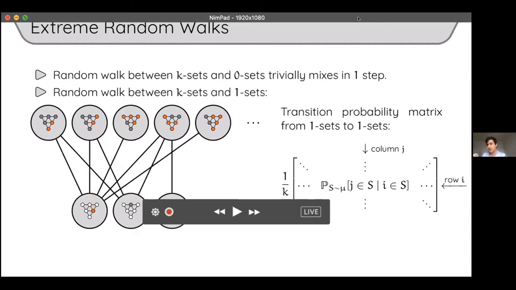And that's described by just an n by n matrix of probability transitions, right? And the entries that show up in it are just the conditional marginals of the distribution. Basically, the probability of transitioning from i to j is just the conditional probability of j being inside a sample of your distribution, given that i is in that sample. And the whole thing you have to divide by k. The reason for this 1 over k is because when you go down, there's a 1 over k chance of choosing that particular element. Okay. So in order to study mixing properties of this, you can study, let's say, the spectrum of this matrix.